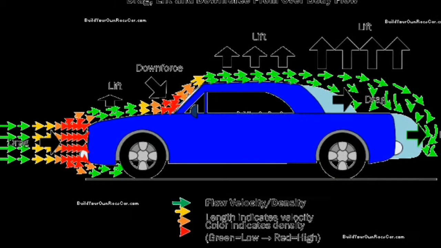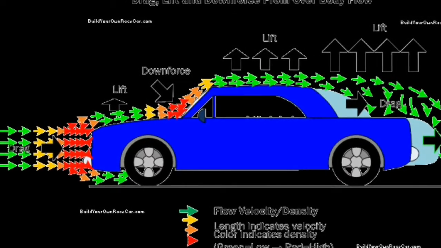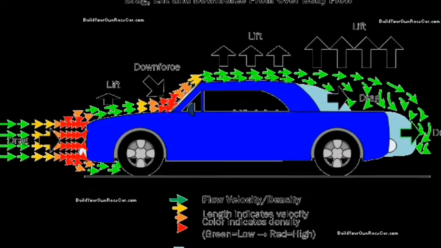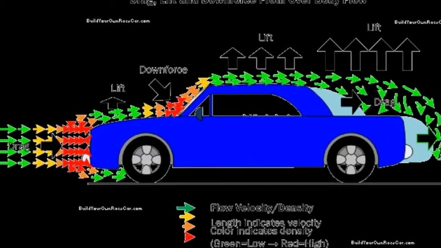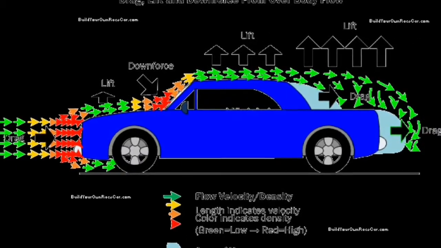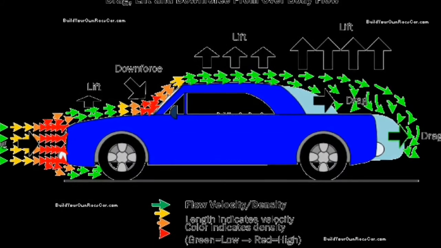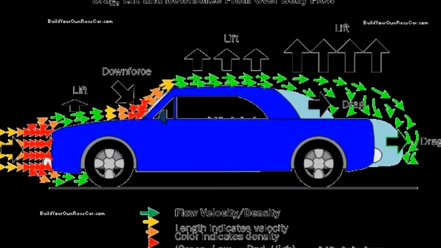At the beginning it will have higher velocities, and when it reaches near the windshield, the density will increase slightly and the velocity will decrease. That's why the color changes to yellow, then orange, and the high density region red at the corner where the airflow suppression occurs. The flow suppression means there will be higher aerodynamic drag, and higher pressure will accumulate because of the density increase of air molecules.